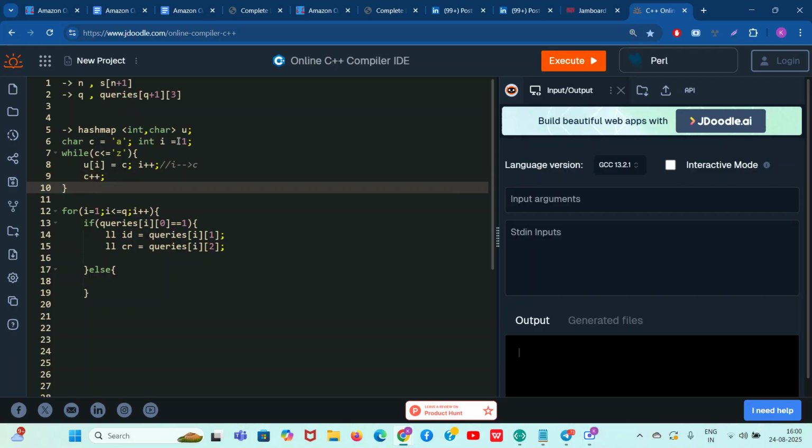So guys, everything is done and looking good. Now you know which is the exact character, so you can write char c is equal to u of cr. cr is nothing but an integer, so u of that integer will tell you the exact character which you want.